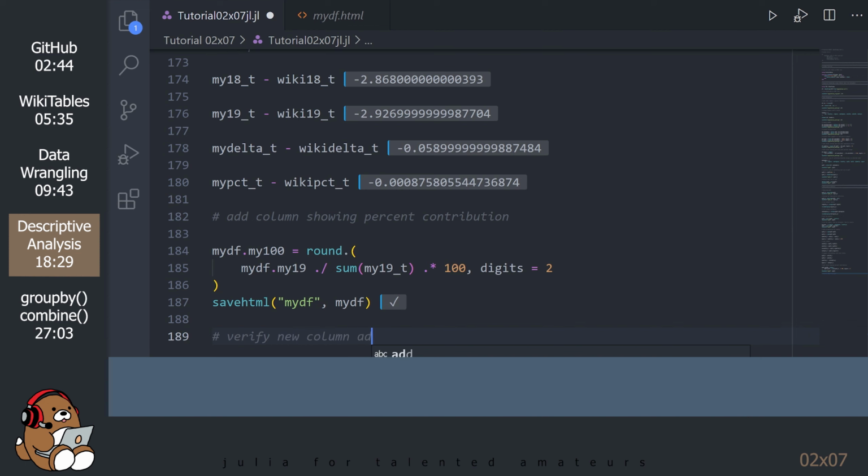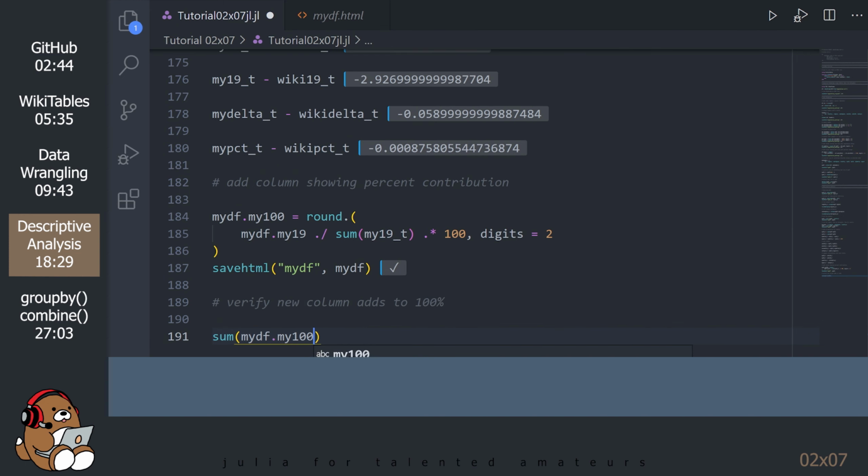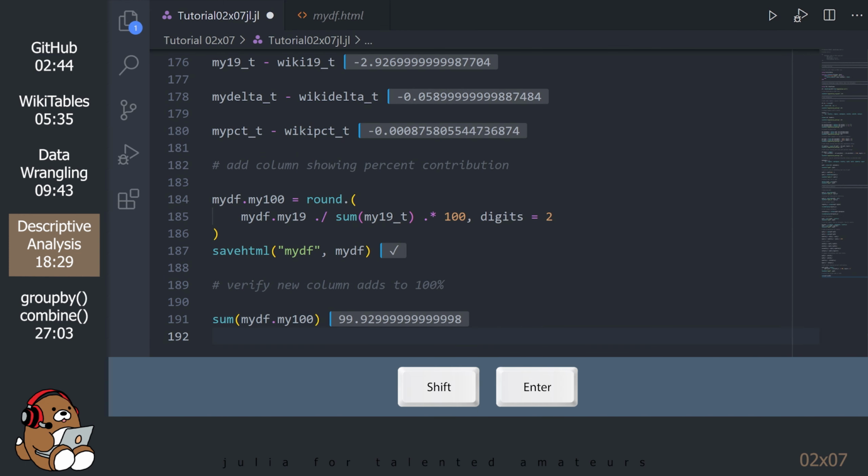Confirm that this new column adds up to 100%. Okay, so it's off slightly because of the rounding, but that's close enough for our purposes.